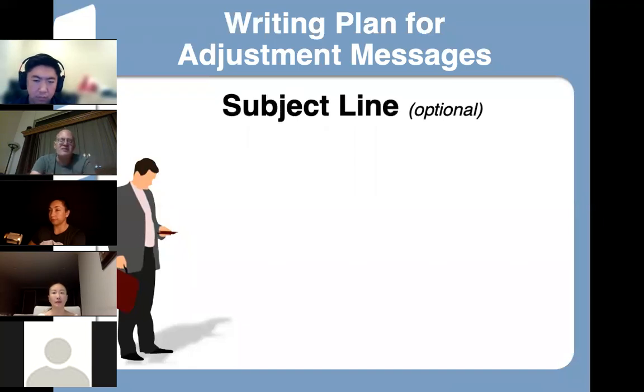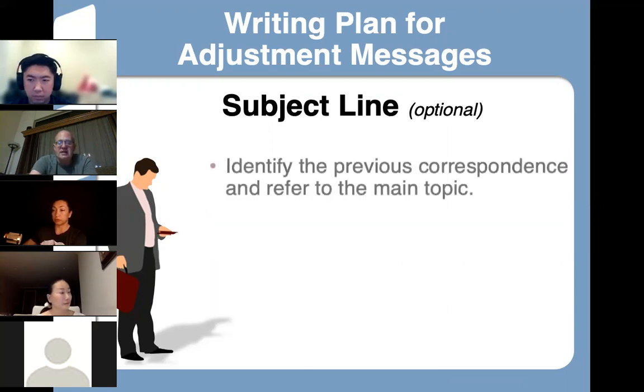And boy, aren't these beginning to look super familiar? You know what's already going to come, right? You're going to have a subject line, you're going to have an opening, you're going to have a body, and you're going to have a closing. It's always like this. That's always the process. No matter what kind of a letter we're writing, it's always going to have these four parts. And the function is always going to be the same.